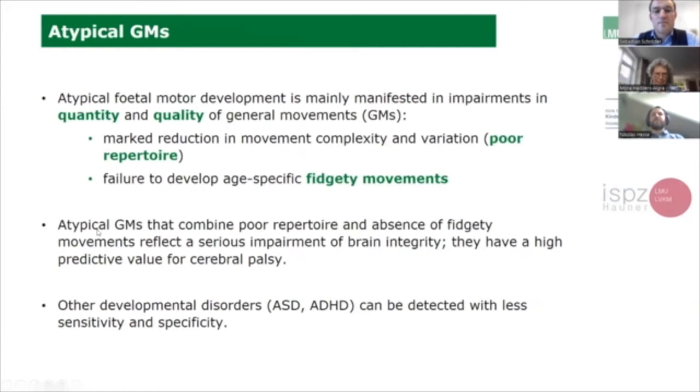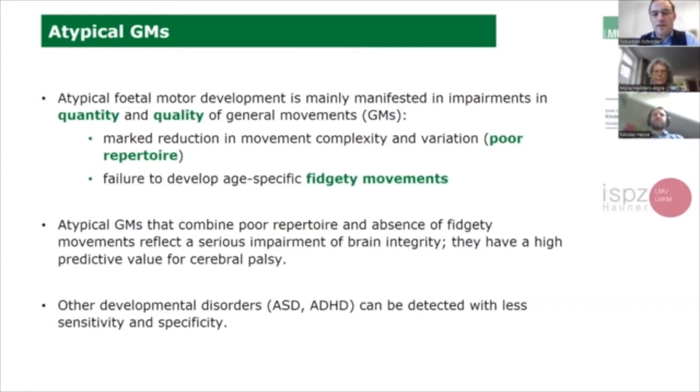Atypical GMs that combine poor repertoire and the absence of fidgety movements reflect a serious impairment of brain integrity. And by this, they have a high predictive value for the detection of cerebral palsy. And this is what makes this biological principle of general movements really interesting for the early detection, especially for children